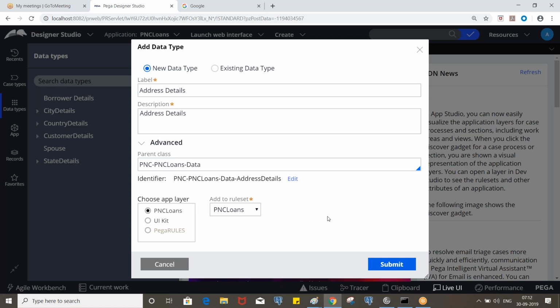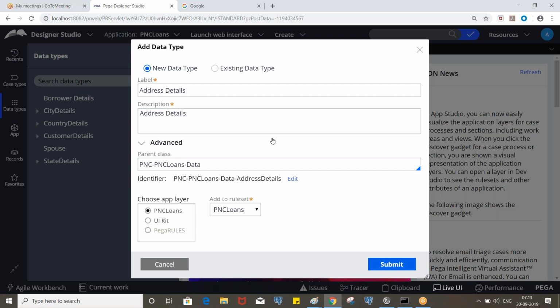Okay, so if we create everything under the work class, it will work. But you need to create more properties. Again, if you want to create a page, for that page you again need to specify the work class. So it will display all the properties, all the pages, the page list available under the work class. So we can create everything in a data type and assign that in the work class. Exactly, that's what we are doing.